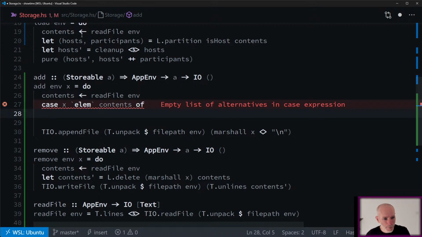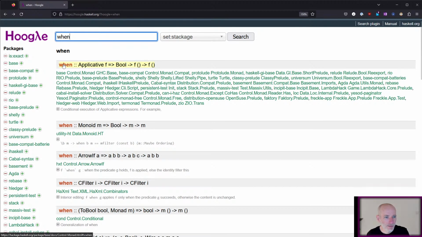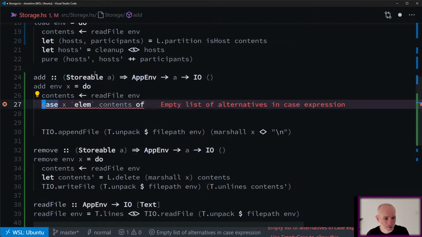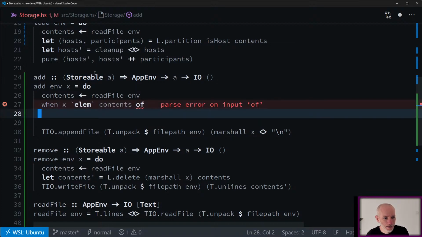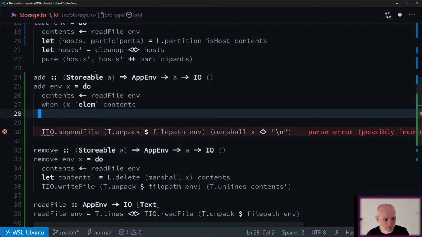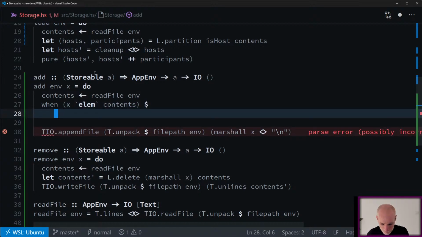There's something called when. And how does it work? So can I say when X is an element of contents, then do this thing.